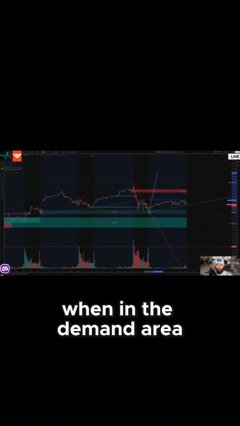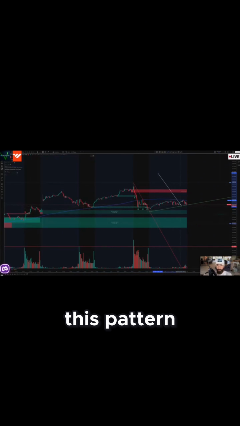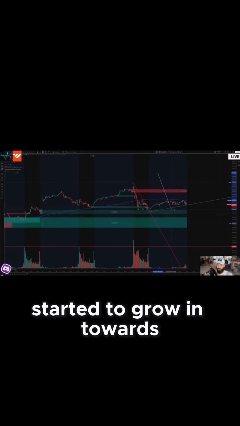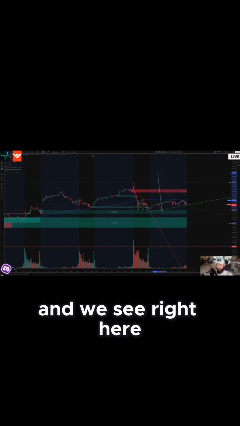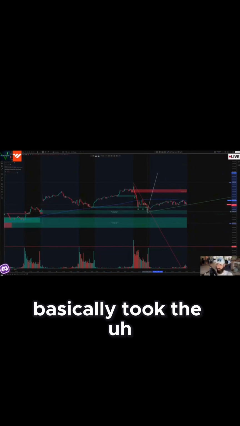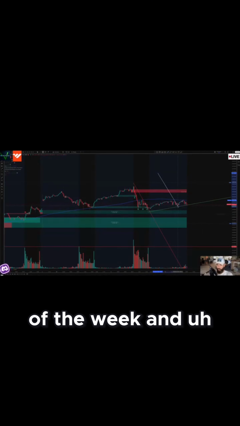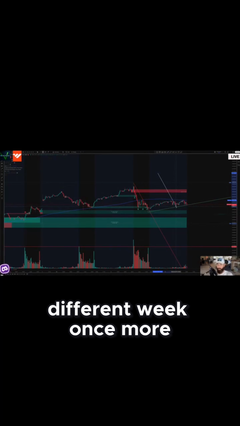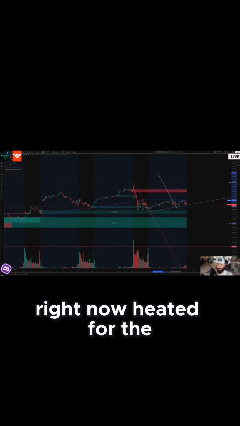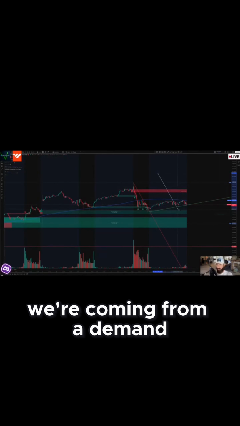And when in the demand area, we see how the price slowly starts to break this pattern, starting to grow in towards an uptrend. And we see right here we did the same methodology, took the low point of the wick and tried to connect it with the wick once more, and a different wick once more. We see the price right now hit it for the third time, understanding we're coming from a demand still,